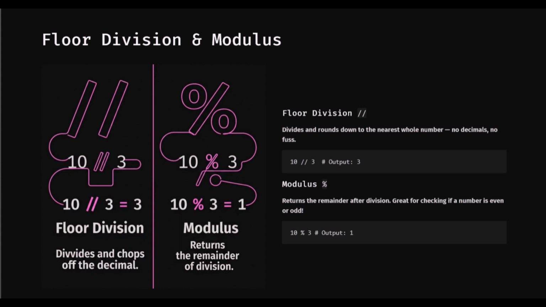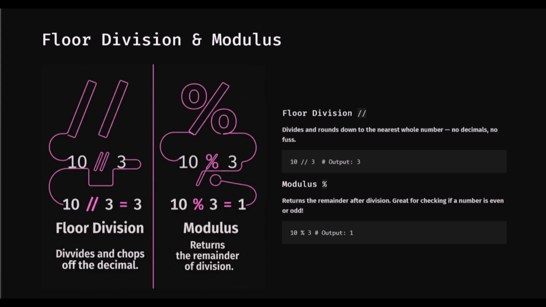As you can see in the example, when we divide 10 by 3 using floor division, the output is 3 because the decimal part is discarded. Next, we have the modulus operator, represented by the percentage sign, which returns only the remainder after a division is performed. In our example of 10 modulus 3, the result is 1 because that is what remains after dividing 10